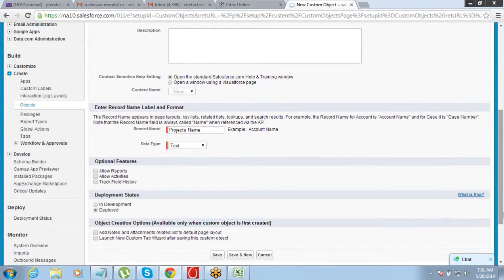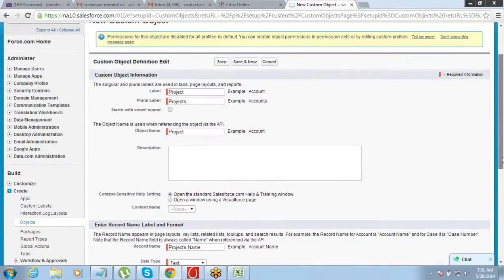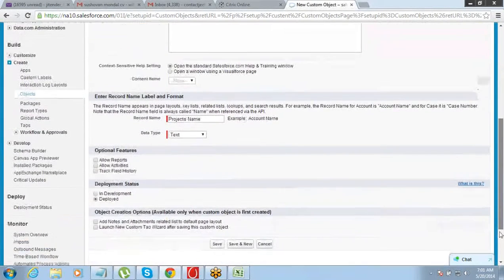Any table that we are creating, think of it, whenever we are creating an object, it should at least have one column. You cannot have a table with zero columns. It should have a minimum of one column, or at least one field. That is what we call it. So while you're creating the object, at this point of time, what are we creating? We are creating the project object.